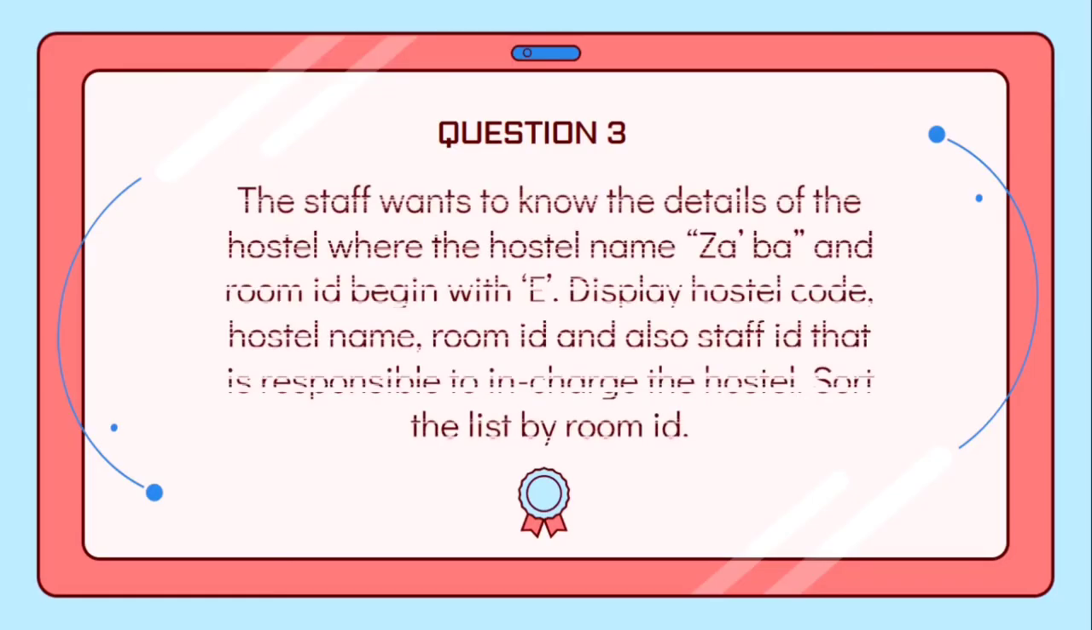For the next question, the staff wants to know the details of the hostel where the hostel name is Sabah and the room ID begins with E. Display hostel code, hostel name, room ID, and also the staff ID that is responsible for being in charge of the hostel. Sort the list by room ID. So the command for this question is,